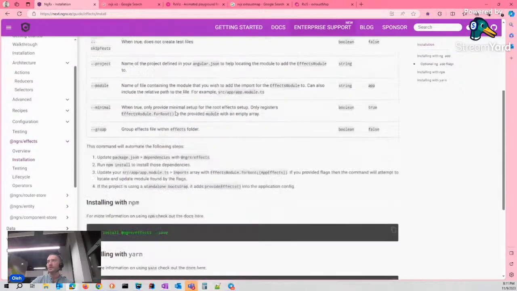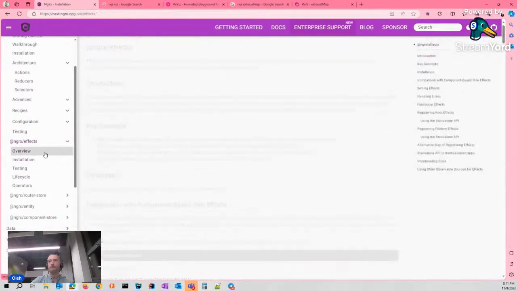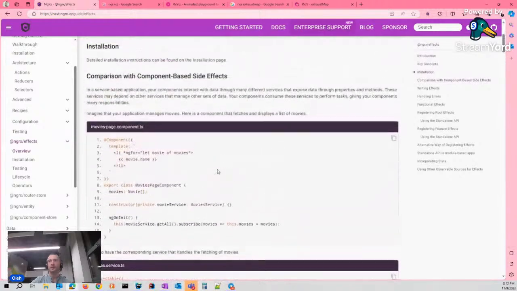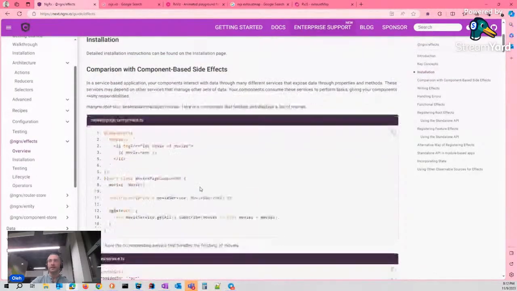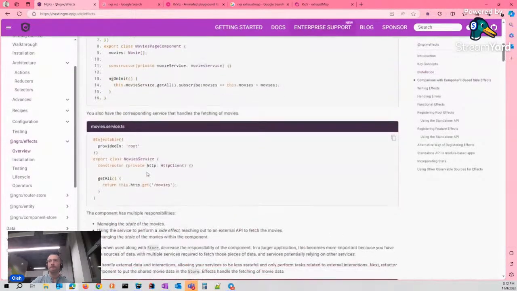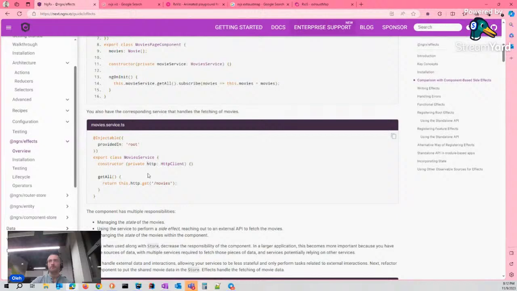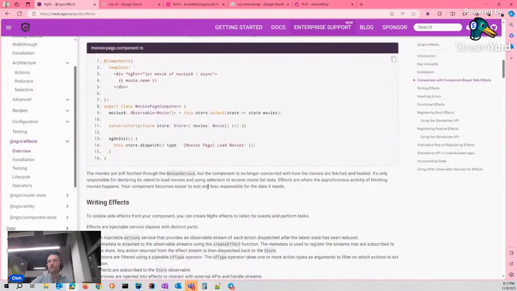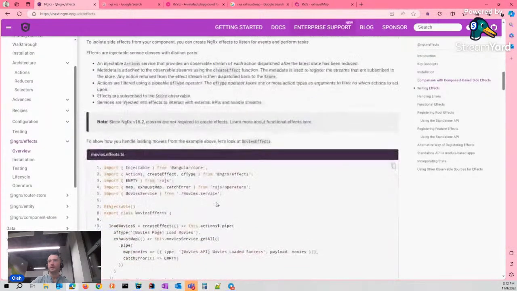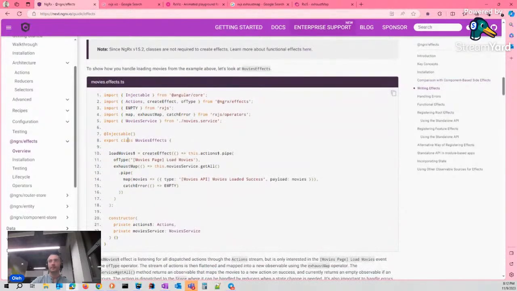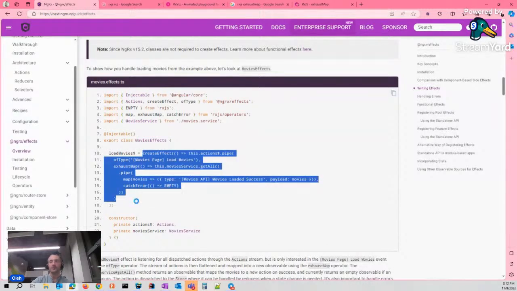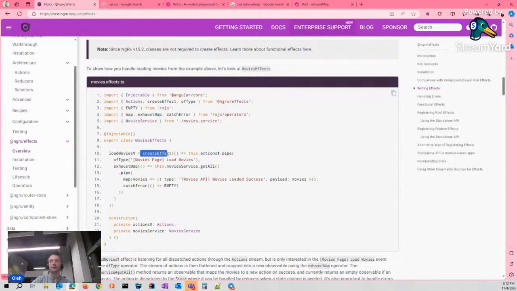Back to the documentation. What's the way to use it? The effects is just a service that has properties as a result of the createEffect function. That's a stream.